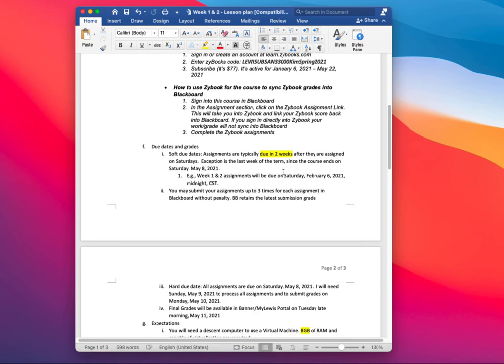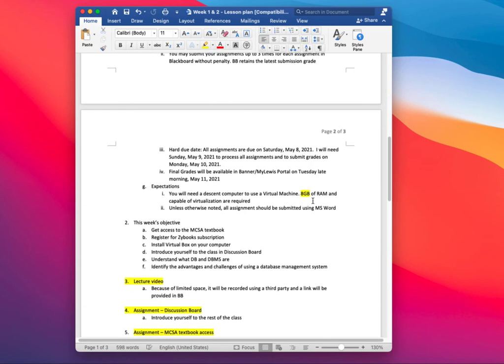I mentioned to you about the due dates, and it's kind of helpful. It's sort of necessary for you to have access to a computer with 8 gig RAM. If you have a 4 gig, it'll be sluggish, and I think it's doable, but it could be frustrating. So I just want to be upfront that you do need a good size 8 gig RAM so that you